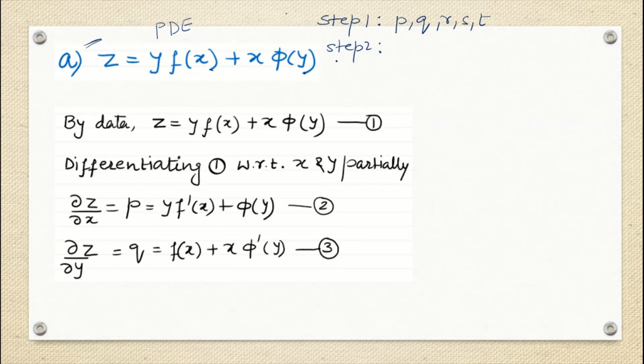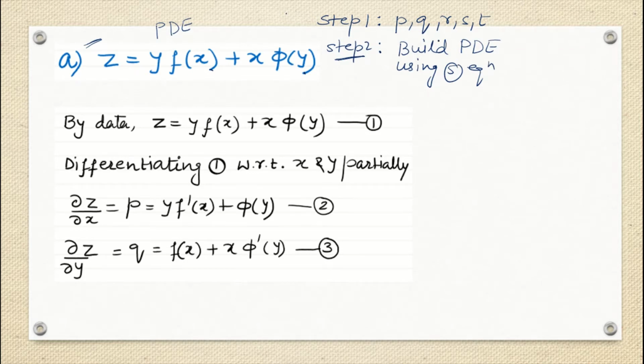So step 2 is nothing but you just use all those 5 equations, okay, and then build the PDE. So you just have to build the partial differential equation using your 5 equations. What new 5 equations you are going to get, just use all those 5 equations and build the PDE.